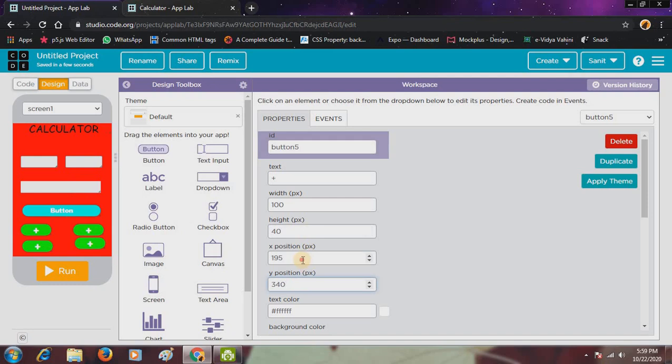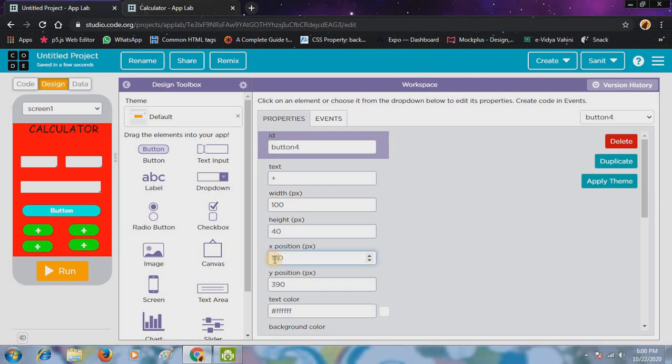And if you want to increase or decrease the x coordinate position, just do it like this. For the fourth button you can see here, x is 180, it is 175. So make it 180. And it is 30, 395. It is 30, 40. So y it is correct, 32. Just write 32.